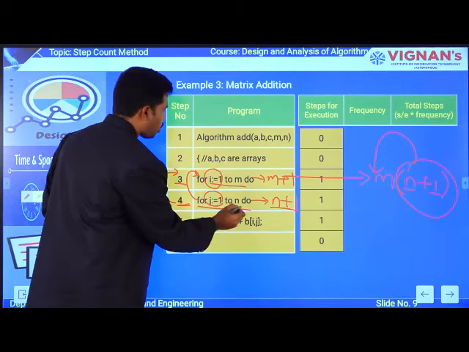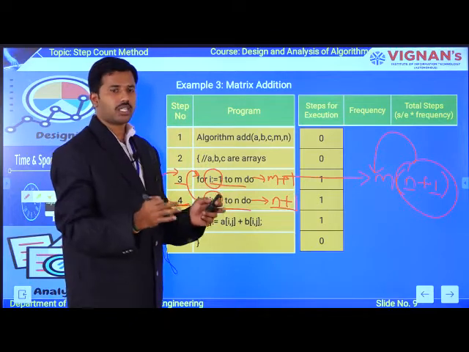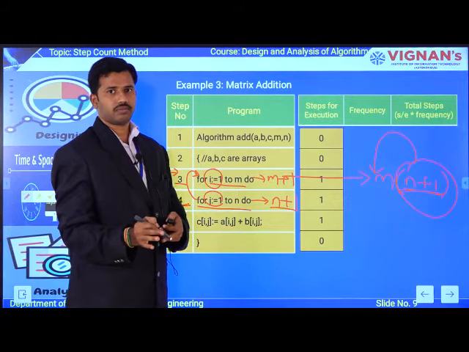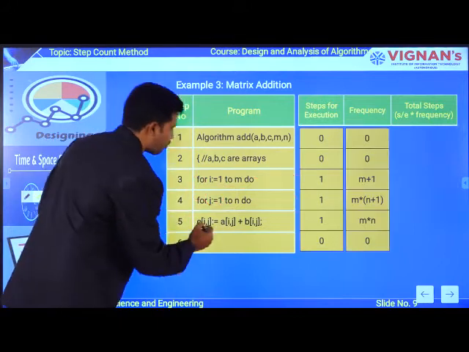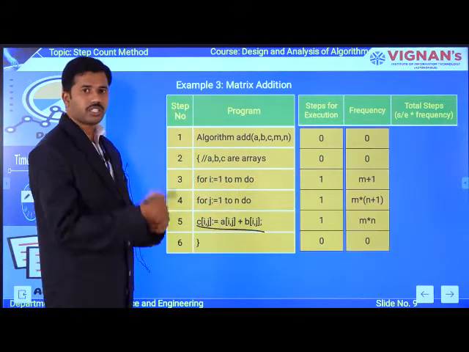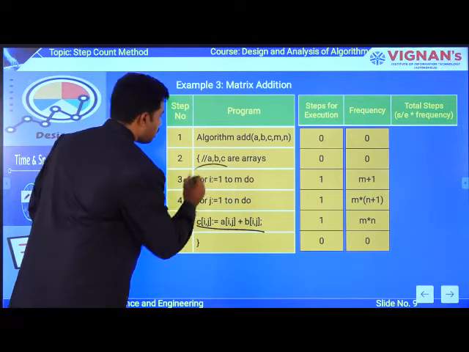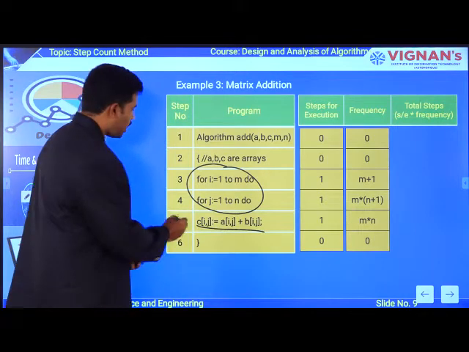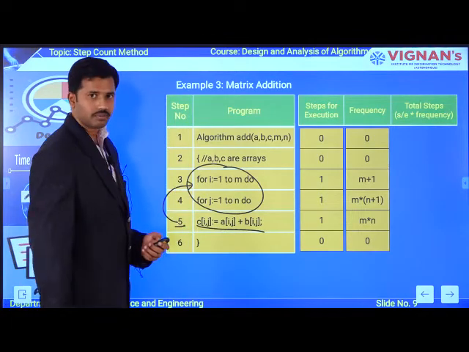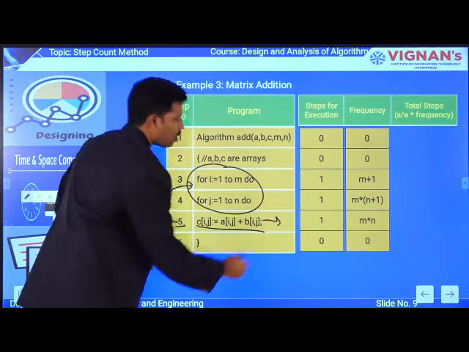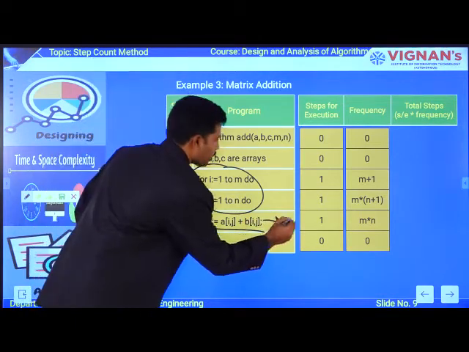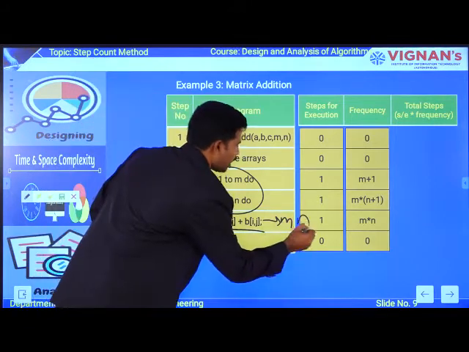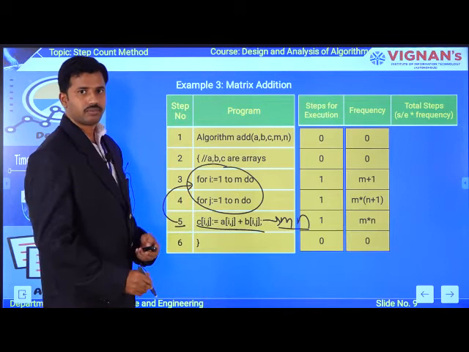So if this for loop is available separately, then the frequency is n plus 1. If there is a dependency, you need to carry it. Now coming to the fifth instruction. Where is this fifth instruction available? Inside these two for loops. So ultimately the execution of this fifth instruction depends upon these two for loops. How many times is the outer for loop executing? M times. And how many times is the inner for loop executing? N times, together which is m into n.